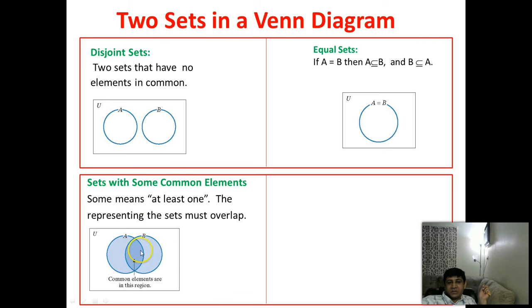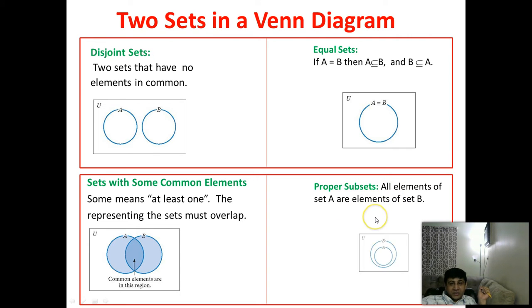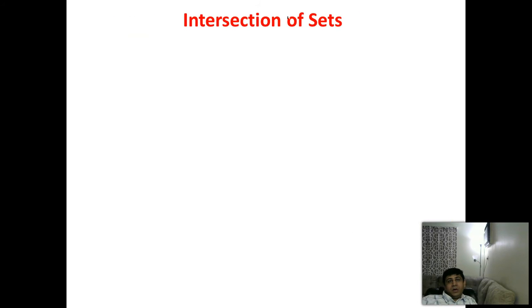This is the most interesting and well studied type of situation here. The last one is when one set is bigger than the other one and the smaller set is contained in the bigger set, so a proper subset in other words. Also, all elements of set A are elements of set B. In this situation we will have a universal set that is represented by a rectangle, and the set A is contained in set B here. So this is the fourth situation here. Now let's look at